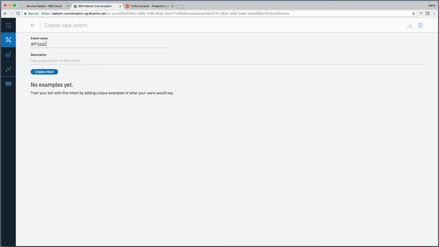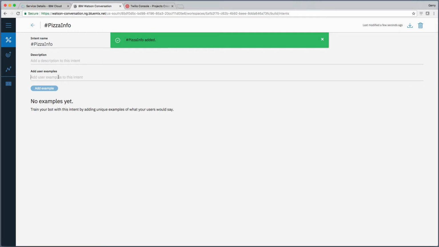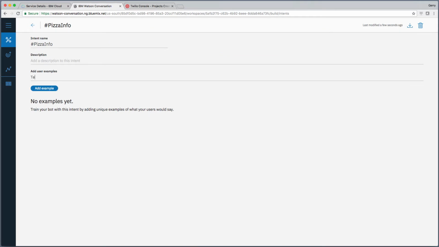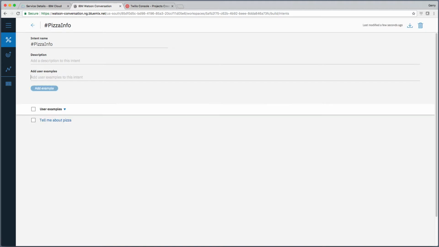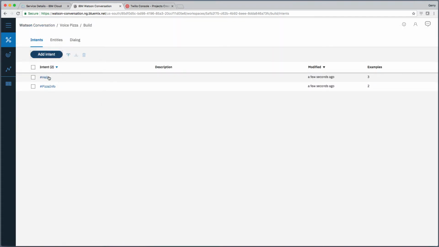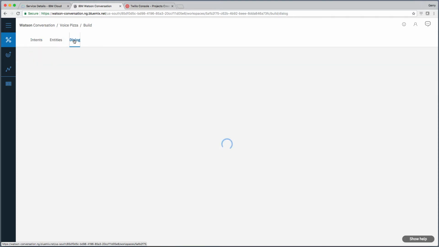Pizza info. Let's give some examples of this intent. Tell me about pizza, or what is pizza? Okay, so two basic intents. The next thing we'll do is create a simple dialog for this,